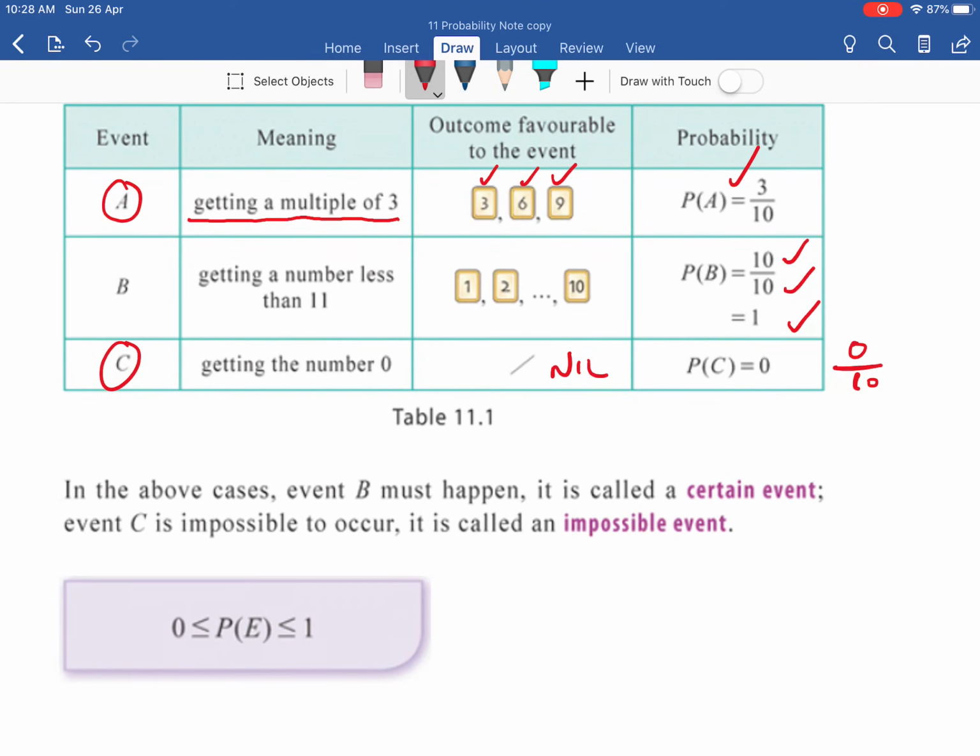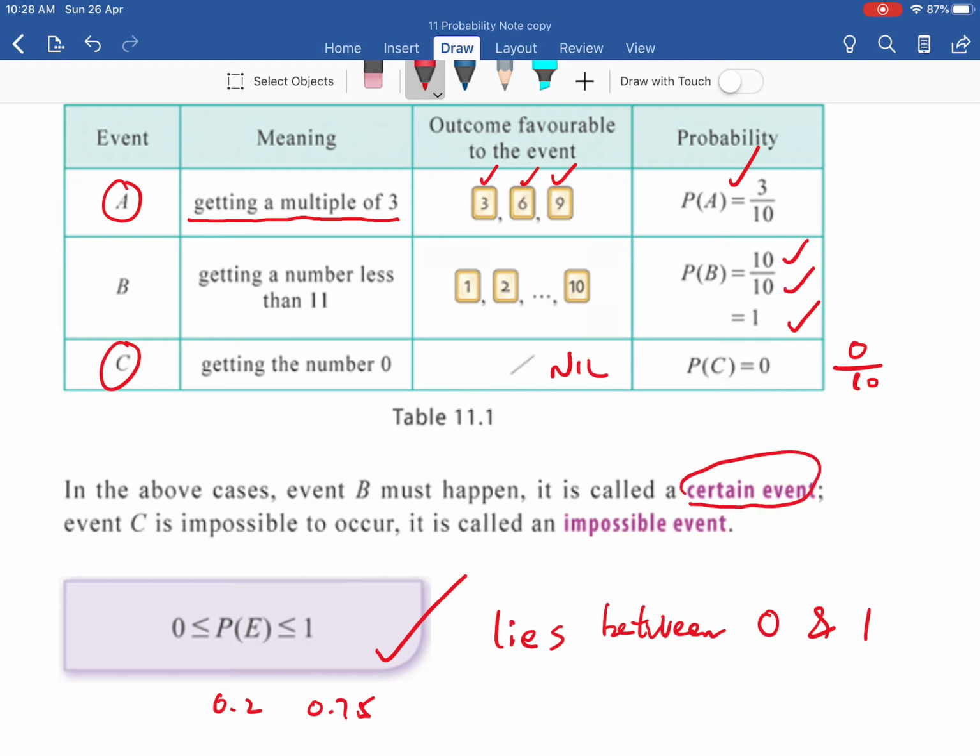From this example, you know that the probability of all events must lie between 0 and 1, that is 0.2, 0.785, something like that. It must not be greater than 1, and it must not be negative. So for some events, certain events, the probability is 1, and impossible events, which is